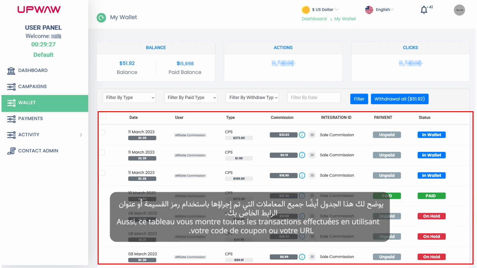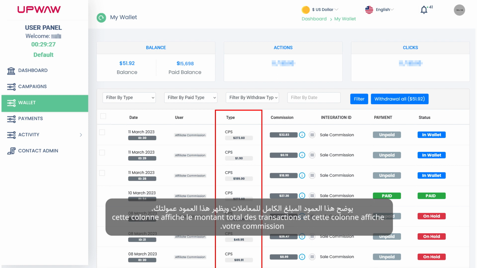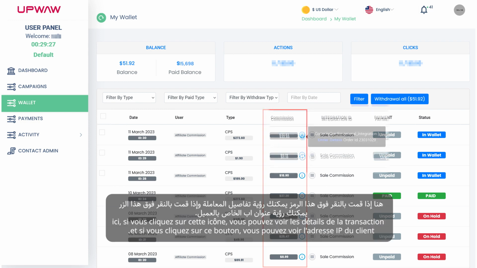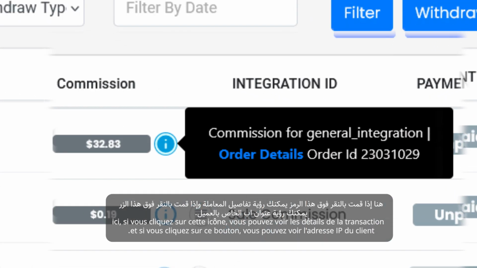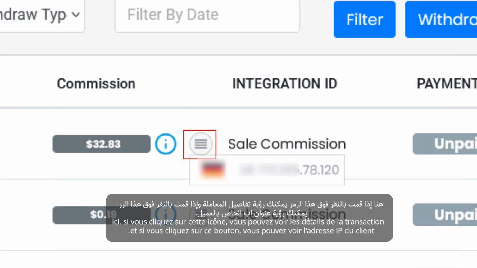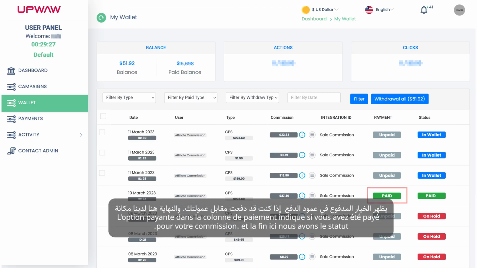Also, this table shows you all transactions done by using your coupon code or URL. This column shows the full amount of the transaction and this column shows your commission. Here, if you click on this icon, you can see the transaction details, and if you click on this button, you can see the IP address of the client. The Paid option here in the payment column shows if you have been paid for your commission, and at the end here